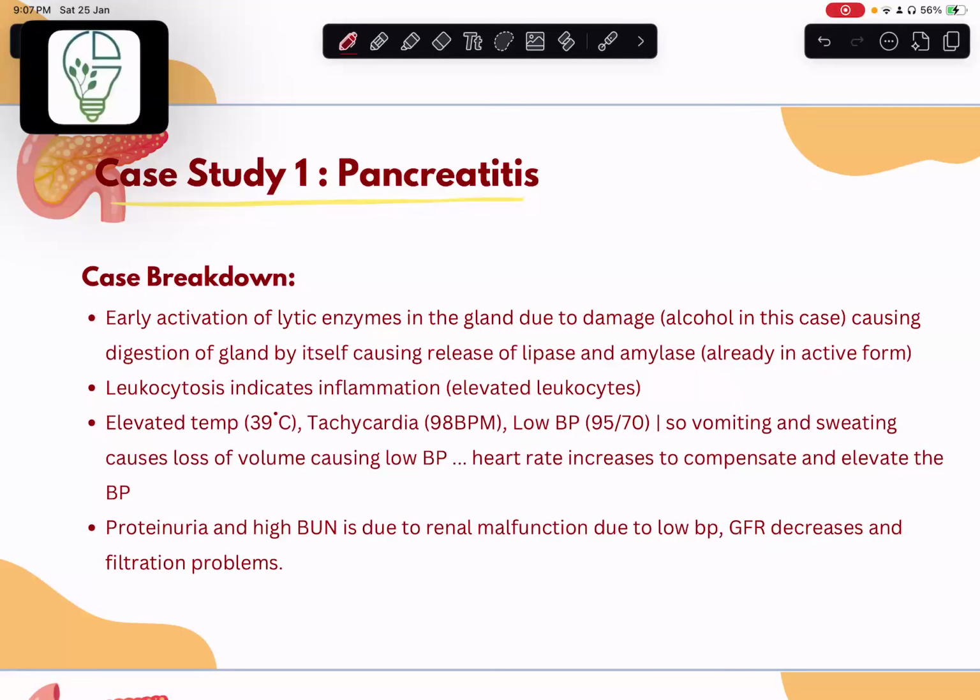Lastly, we have the proteinuria and the high blood urea nitrate. This could be due to a renal malfunction in filtration because we have decreased blood flow due to the low blood pressure. So the GFR decreases. If you remember the glomerular filtration rate from renal, the GFR decreases and we have filtration